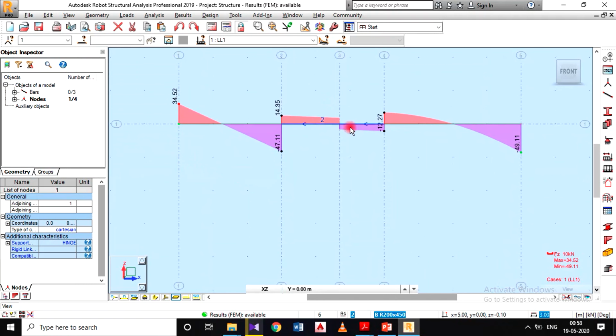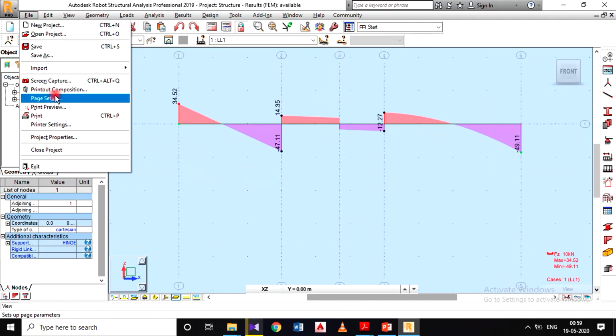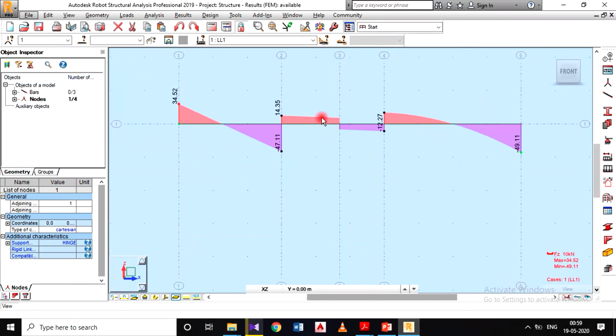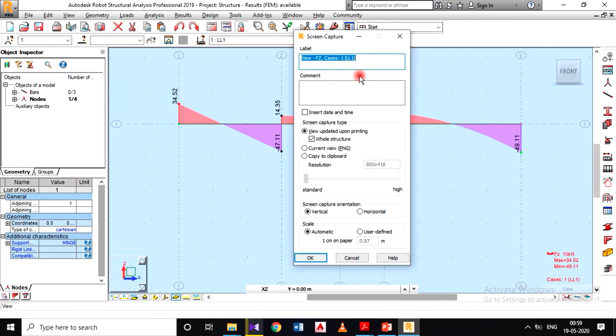This one also I need the printout. So for that, go for edit, file, screen capture, then name it as shear force diagram, and press OK.